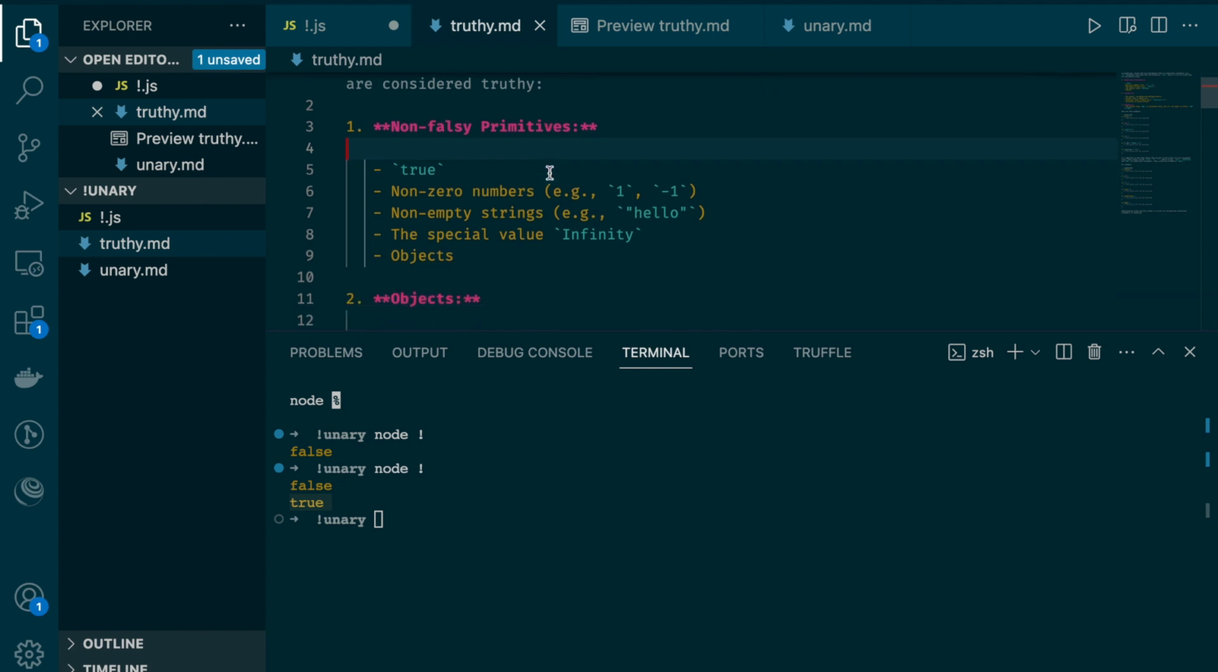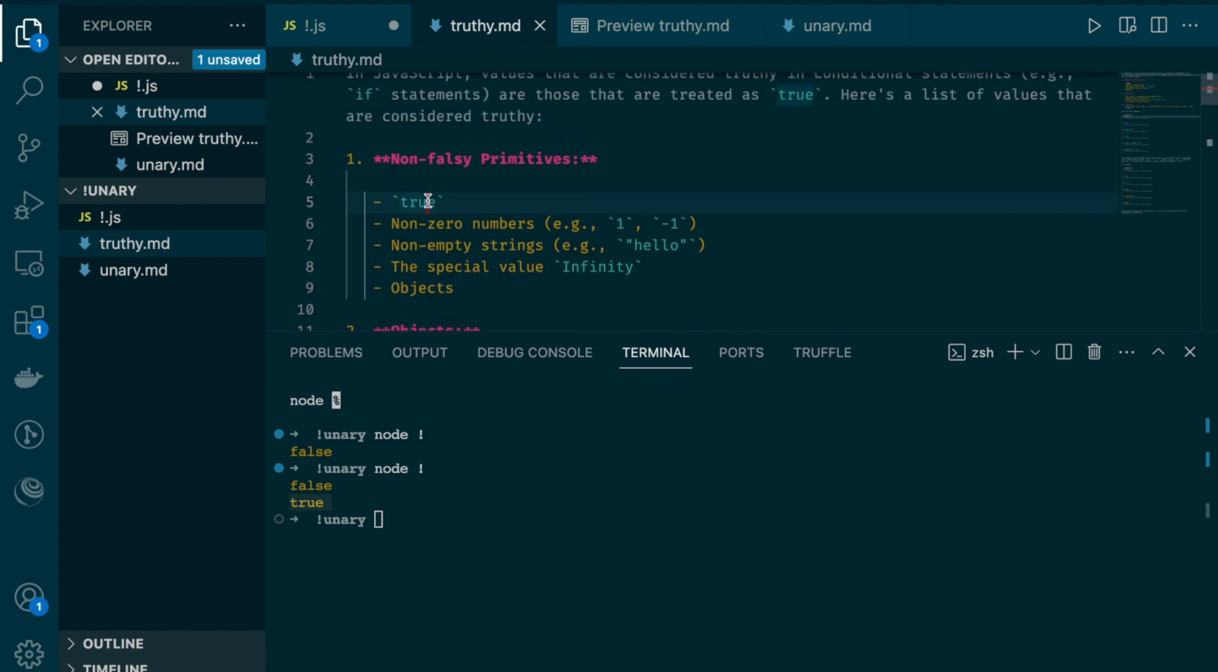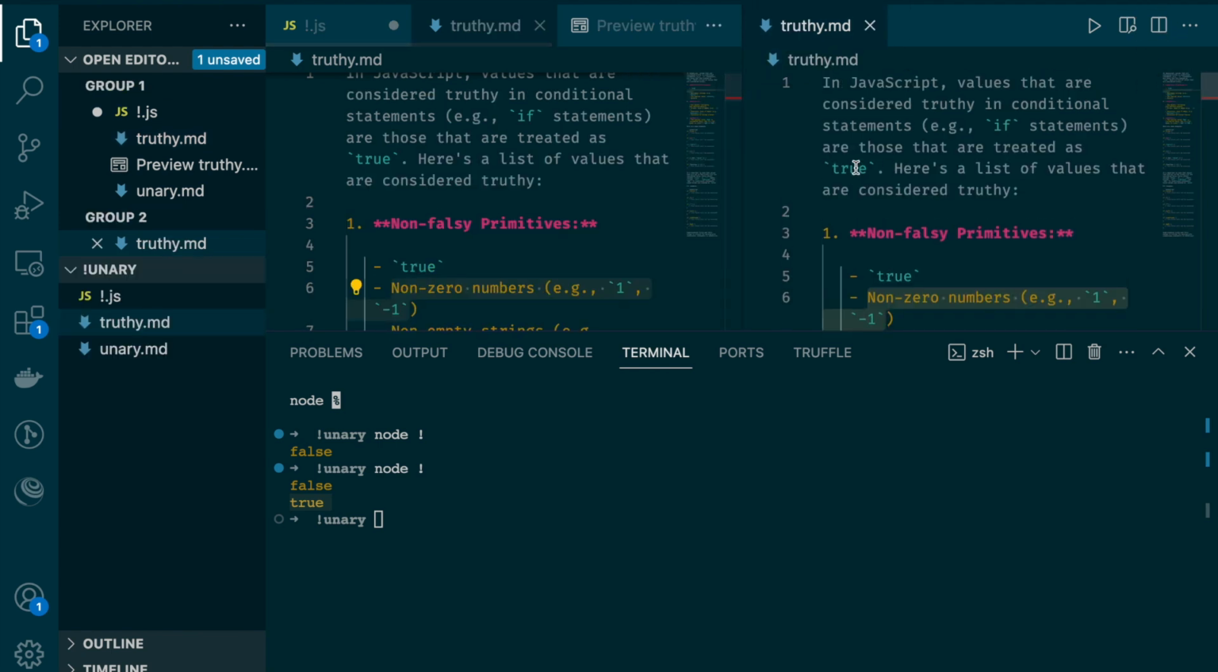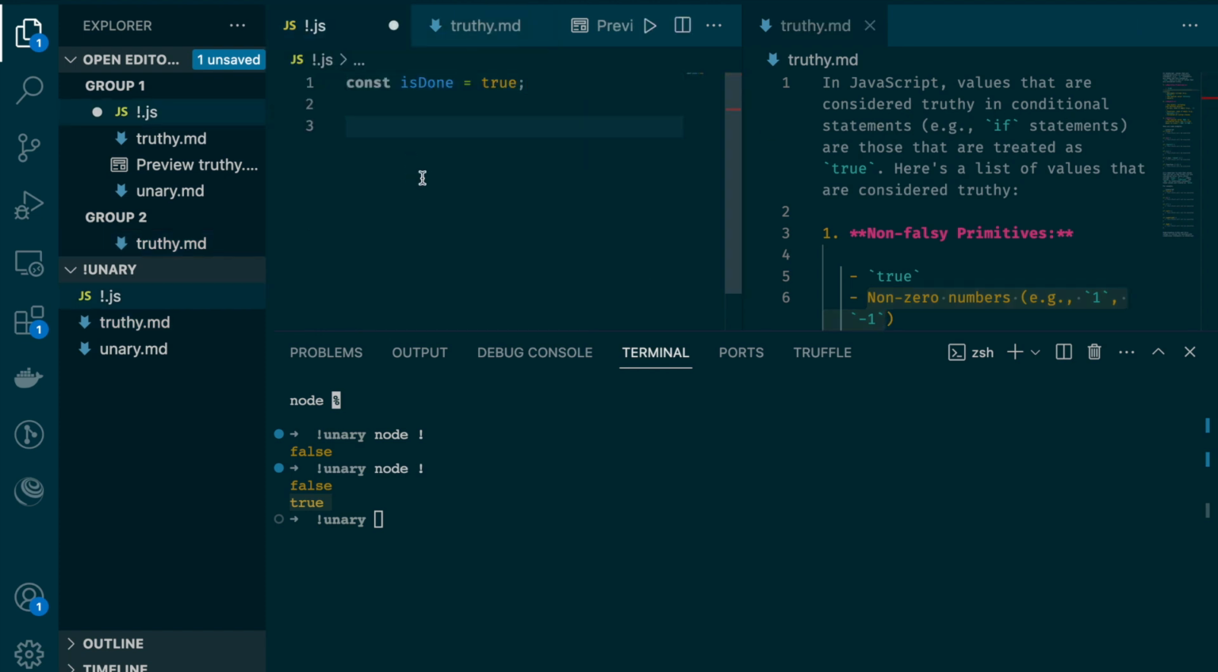Non-falsy primitives. For example, the true boolean value is a primitive, so it's a truthy value. It evaluates to true. Non-zero numbers are truthy values. Now let's confirm it, because looking at here it says they are considered true in conditional statements. Now, using a conditional statement like this,